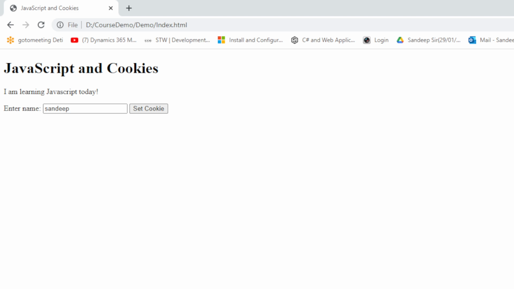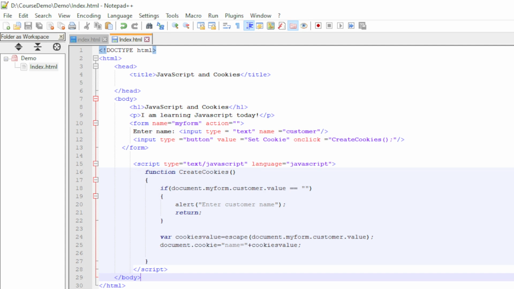And now I will create read cookies. So let me create another function, read cookies.